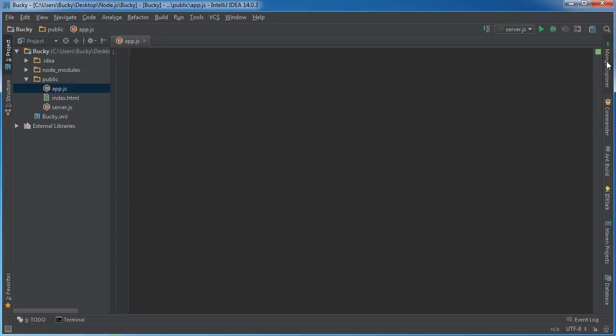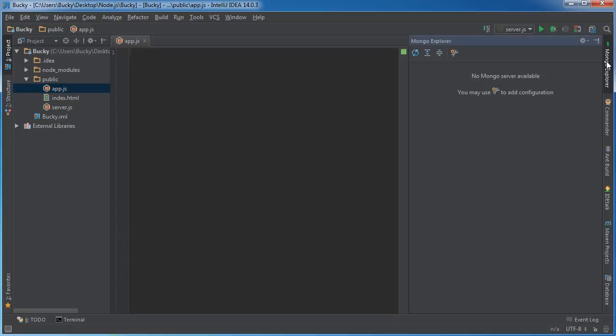So close out of it, restart it, and once you do, you're going to have this panel right here called Mongo Explorer. So click this, and from here you're going to want to adjust the settings. It's that little wrench button with a little gear. Click this,